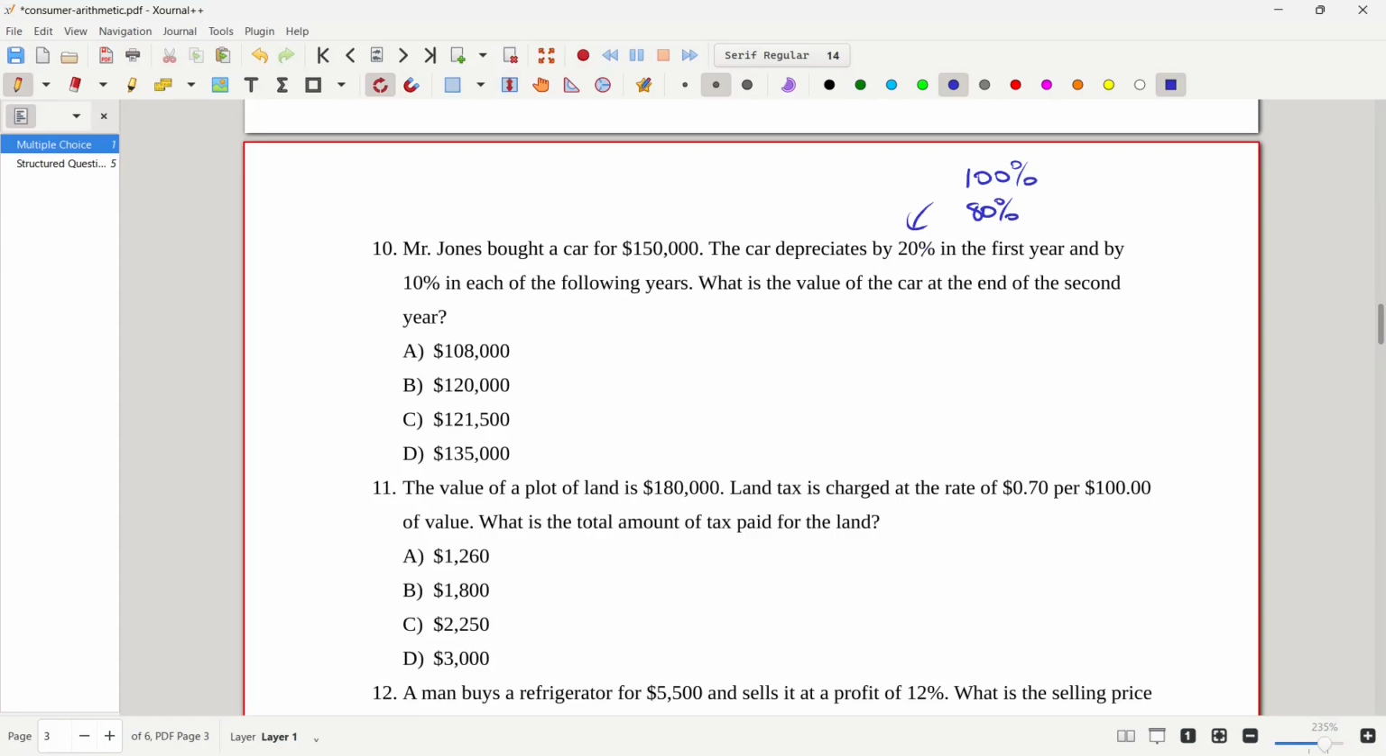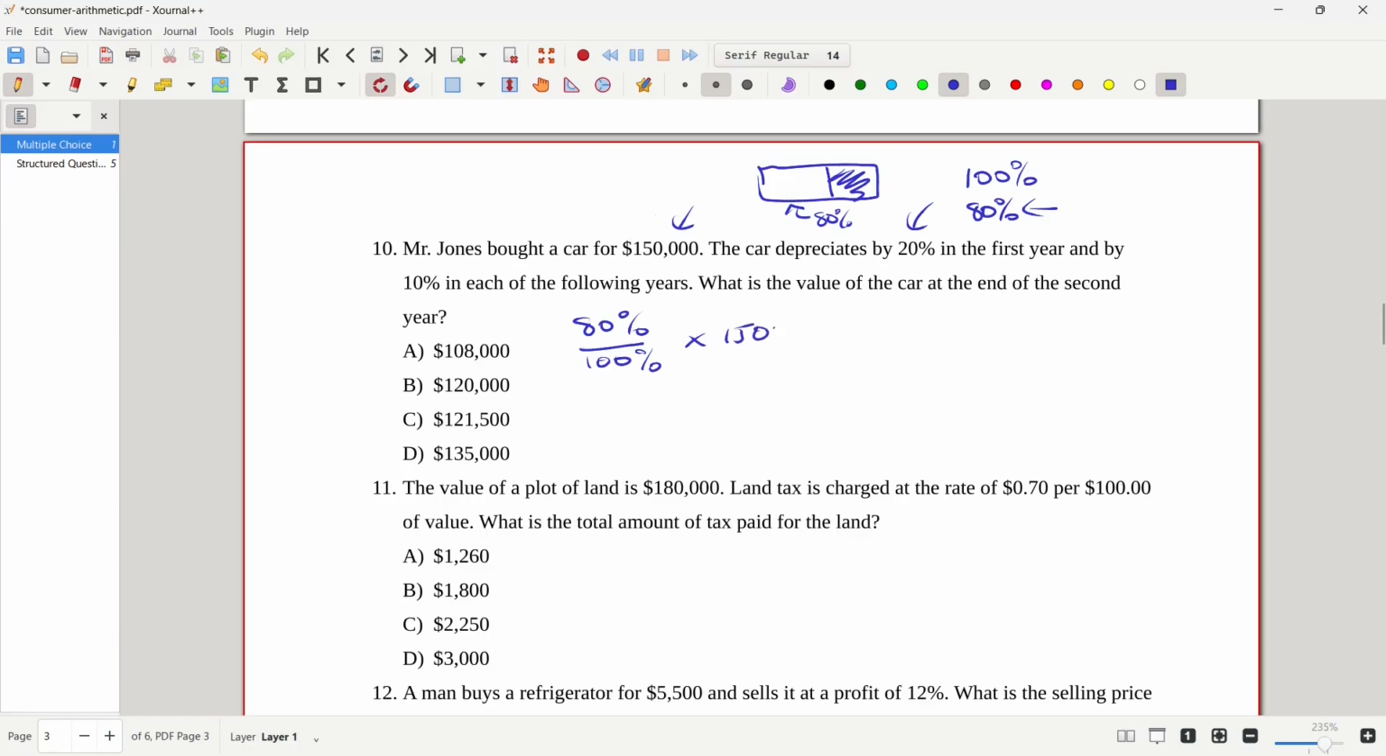Why am I doing it like this? Why am I not finding 20% of this and then subtracting it and then doing the 10% after? Answer: if I do the 80% calculation, I don't need to do any subtractions. So if a car depreciates by 20% in the first year, it retains 80% of its original value. So if this is the value of the car, and this is what it depreciates by, which is 20%, then I remain with this 80%. So 80%